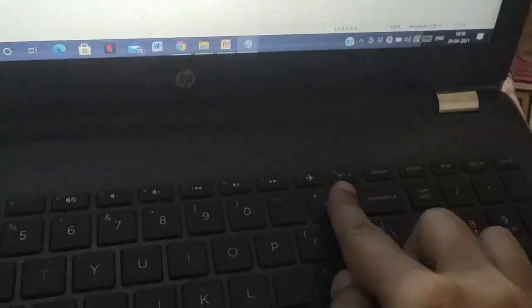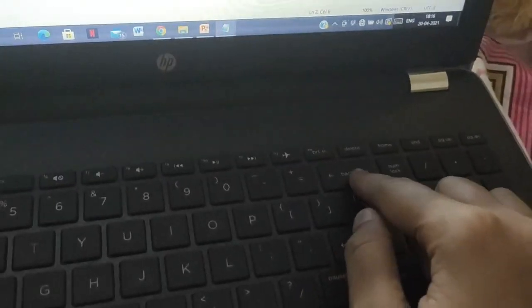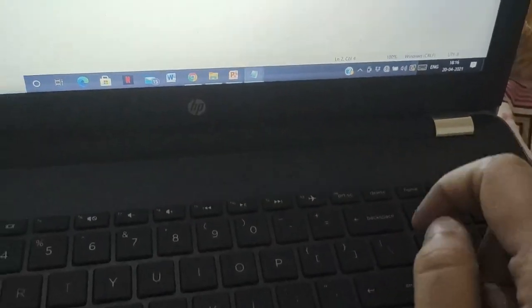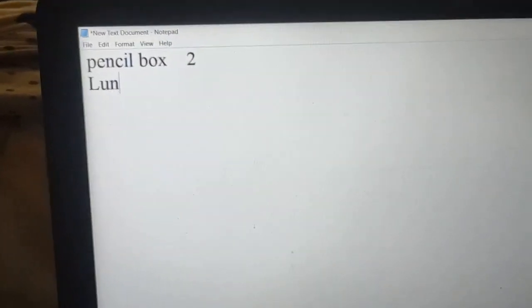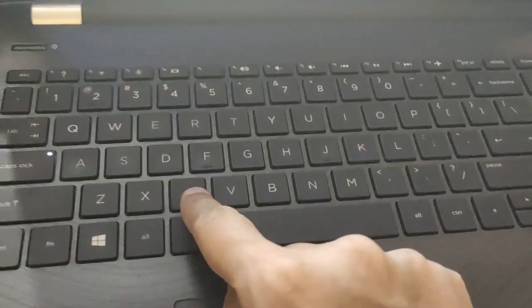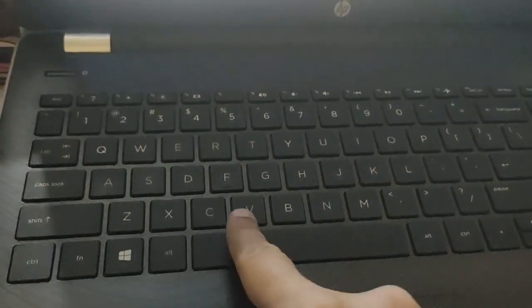Again I can use the backspace key. Once and twice. Look over here, it has been removed. Now I can type a simple c and h. Look over here. Now is it fine?